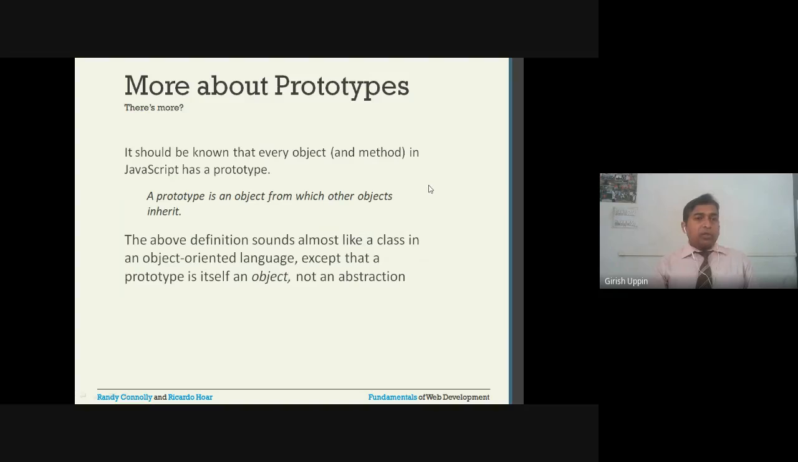More about prototypes: it should be known that every object and method in JavaScript has a prototype. Prototype is an object from which other objects inherit. So every object and method in JavaScript has a prototype, and a prototype is nothing but an object from which other objects are inherited. In the case of Java, if you remember, we have an Object class. Every class is inherited from the Object class. Similar to that,